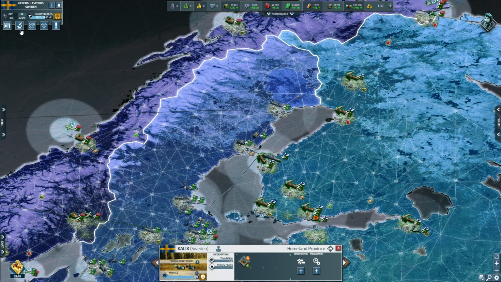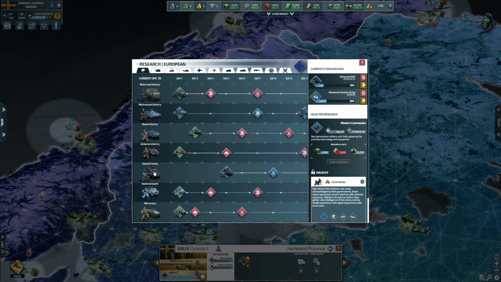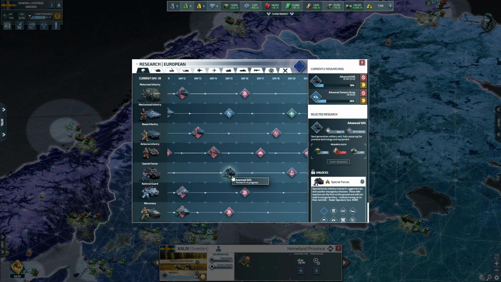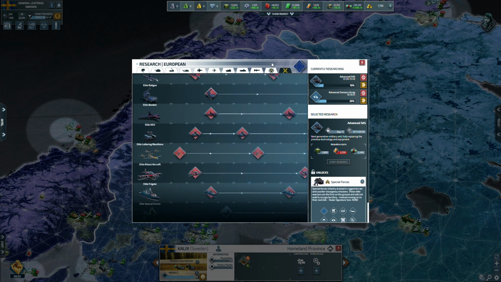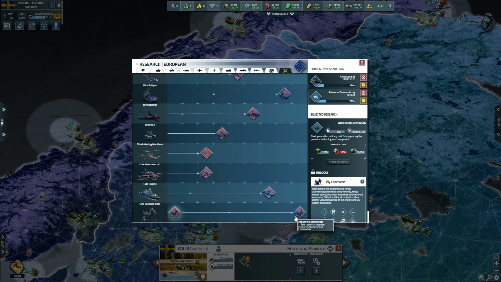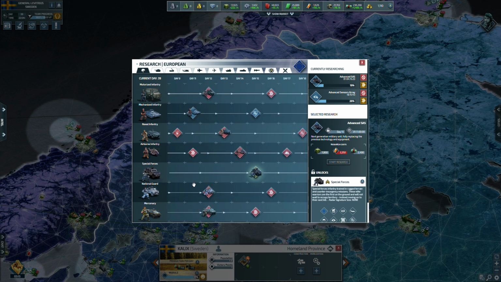But the first thing you have to research, to even research the Commando, is the Special Forces level 1, and then you need to do level 3 to do the level 2 Commando. Now I believe once you're past that, then you can do level 3 without leveling up your Special Forces any further. So you have to keep in mind that there's going to be some additional costs before you can